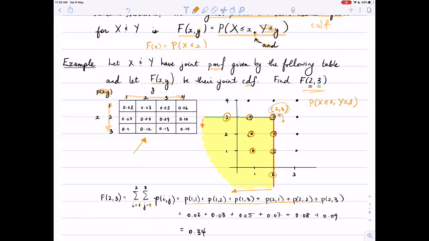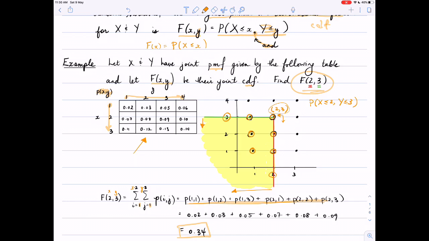If this is little x and this is little y, this is like the sum to little x and the sum to little y, which is going to make some sort of analogy with the continuous case in just a moment. But so we've identified those points. We add them up and we get our answer. So graphically visualizing them as points, or this function as a region in the xy plane,